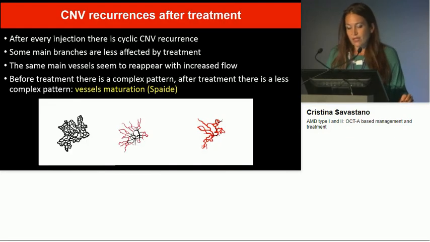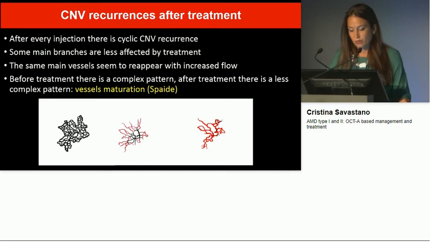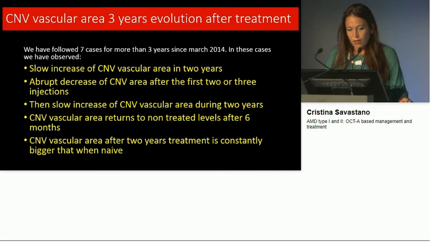The recurrence of CNV after treatment is generally cyclic, so open and reopen over the time. And generally, there are some main branches that are less affected by the treatment, and probably this changes from the complex pattern and the less complex pattern as common to all the new vessels, and are called vessel maturation. In the follow-up of over patient over 3 years, we observe some point that is important to reveal,